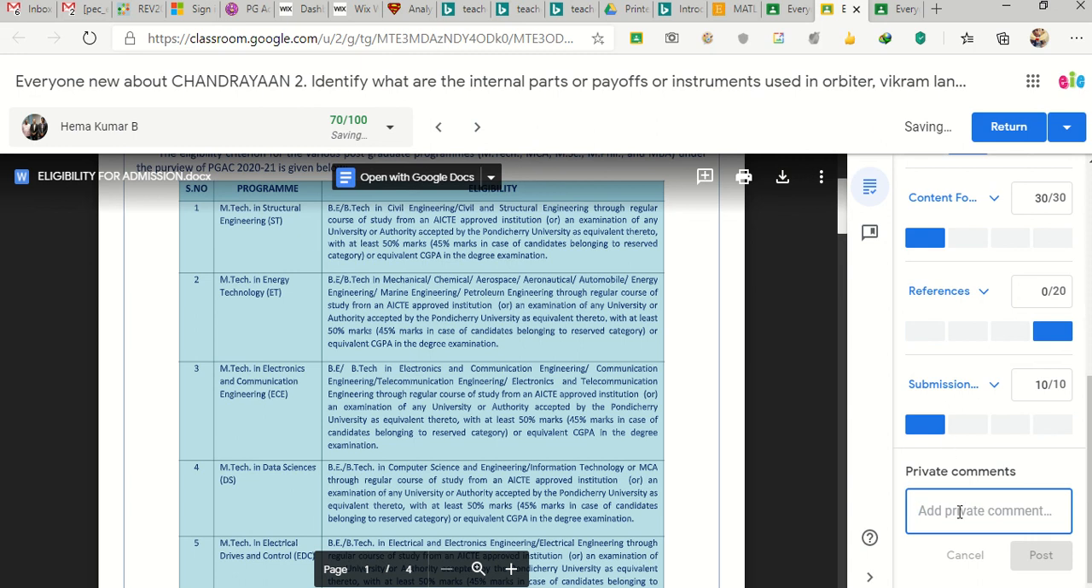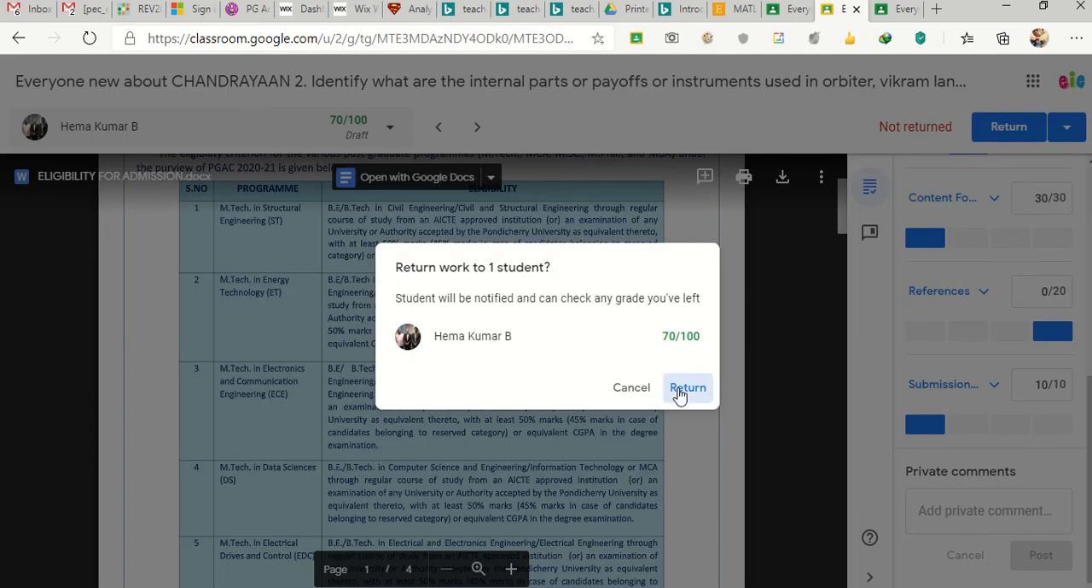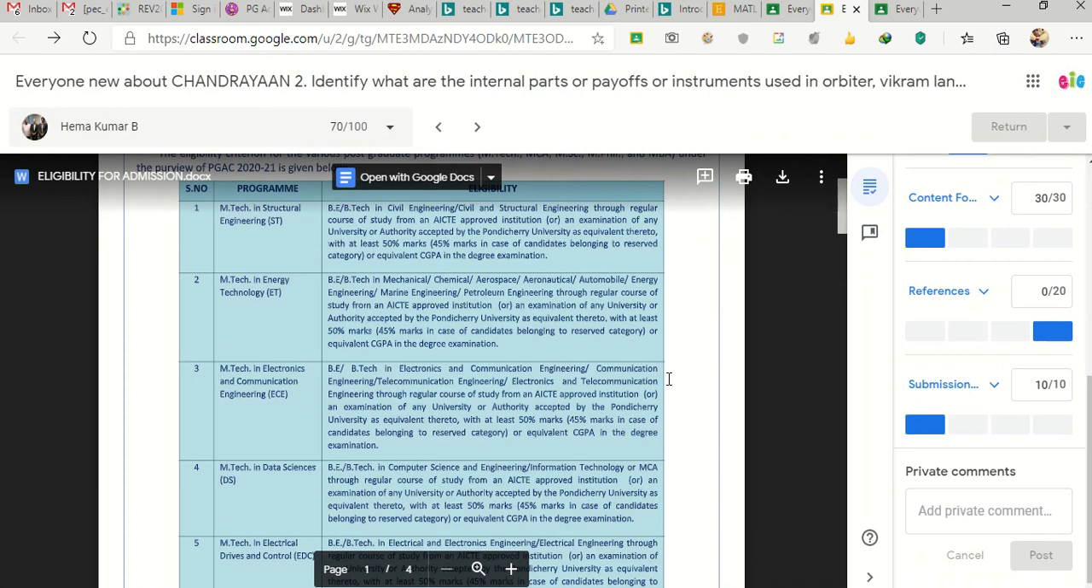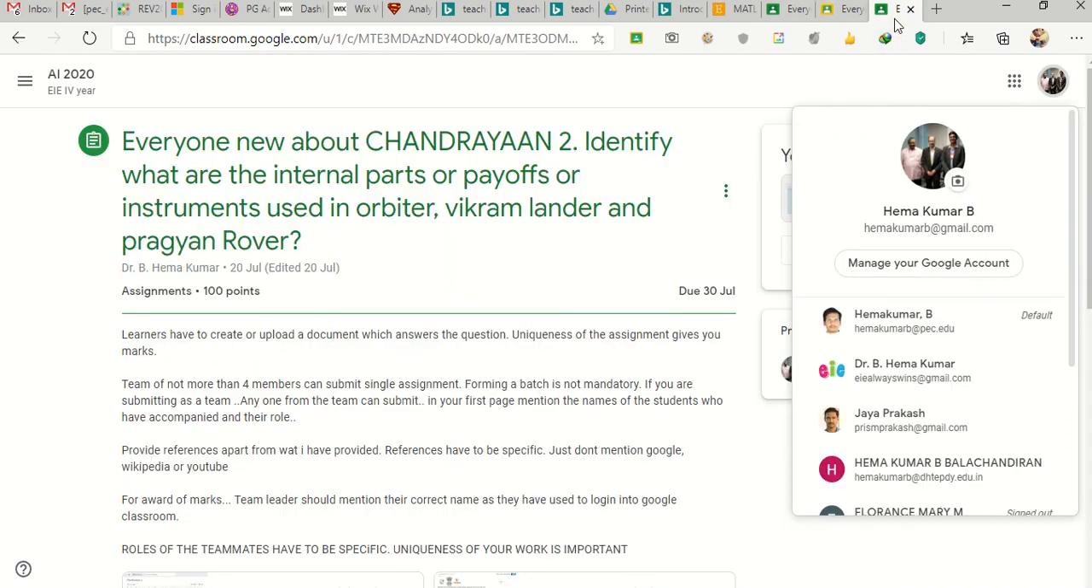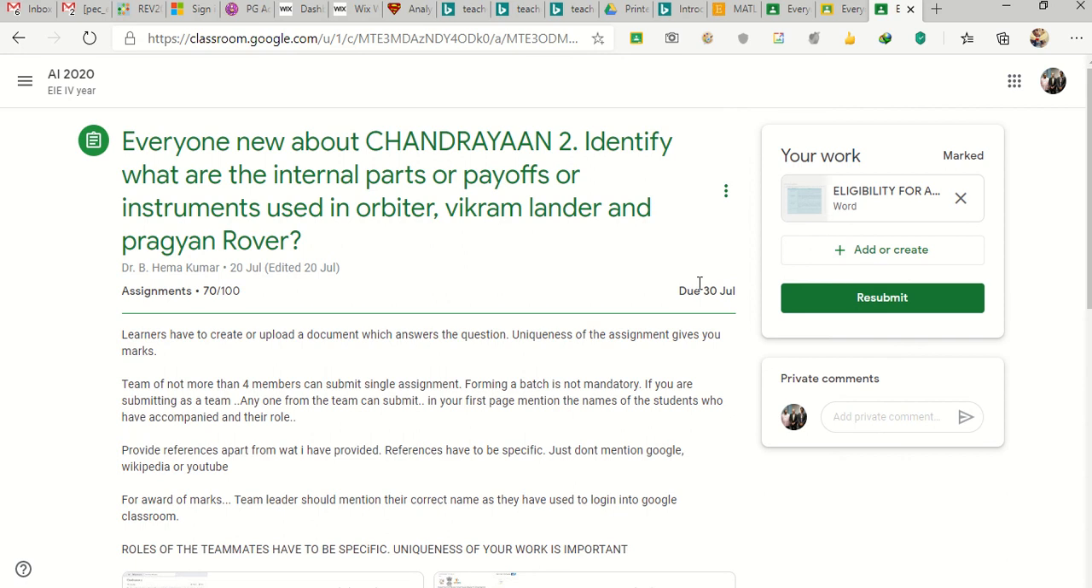Here I will give private comments to that particular student. What are the inputs? Okay, so the mark you see is 70 out of 100. I'll just press return. When I press return, the student will get the marks. The student will be getting the marks. So now I am in as a student. Okay, see, it shows your work is marked. I'll just go to